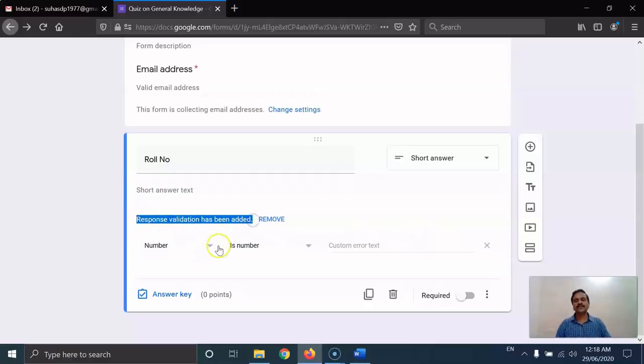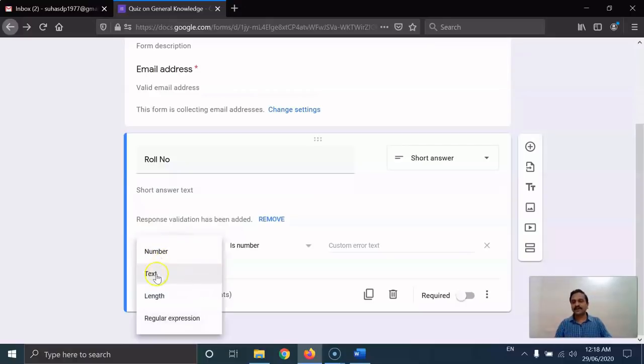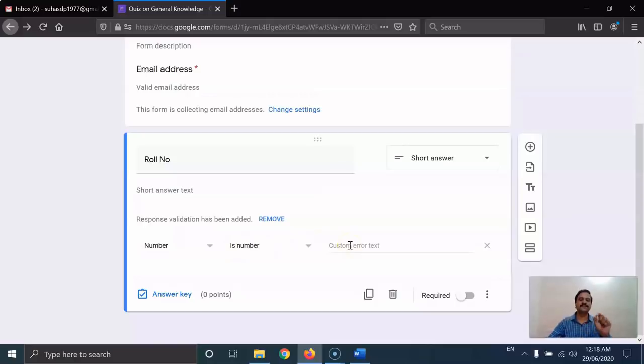If you want it to be a number, then here I can add it as a number. Whatever the response given by the learner, it should be a number. So if the learner is trying to type some alphabets, the Google form will generate an error text.